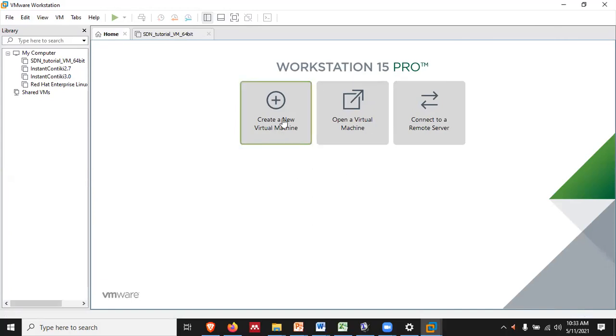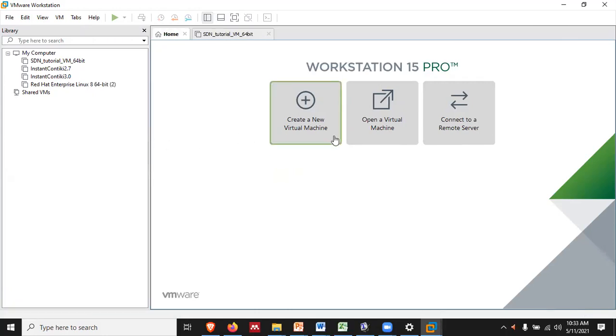So first of all, you have to create a new virtual machine, and for that you need one of the operating systems, that is the Contiki operating system. This is also an operating system for wireless sensor networks, right? In that we have different flavors, and for that you can go with this. I have installed these three flavors over here.